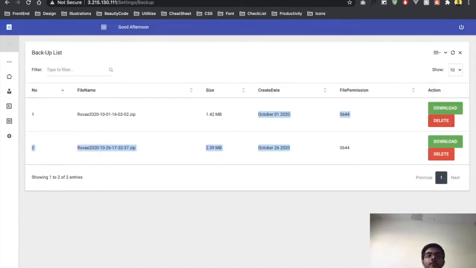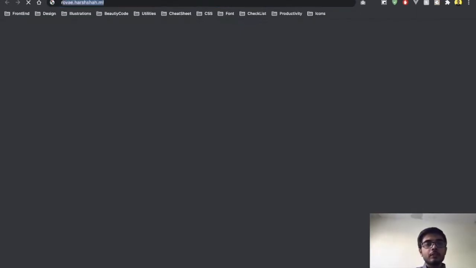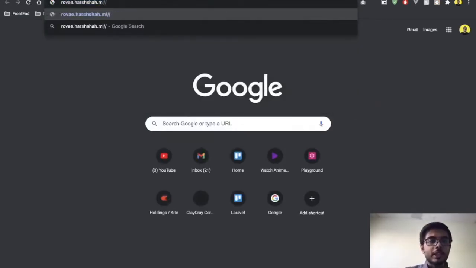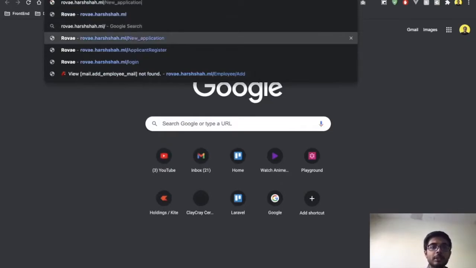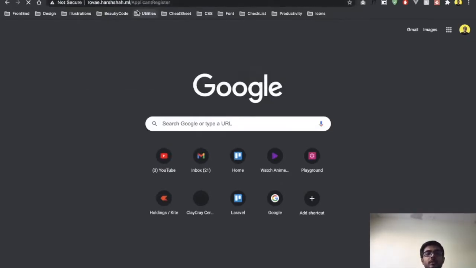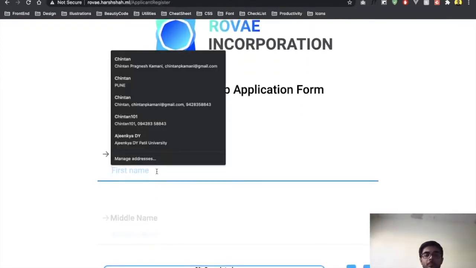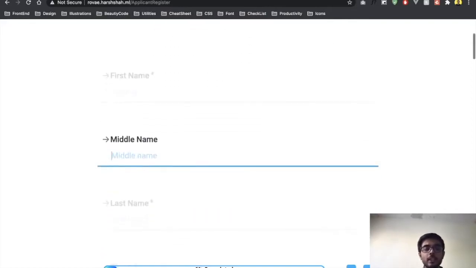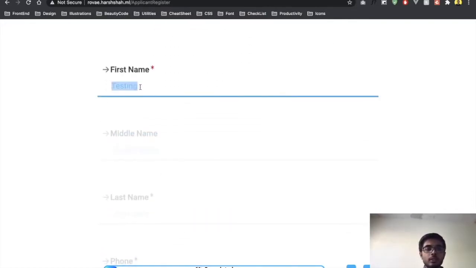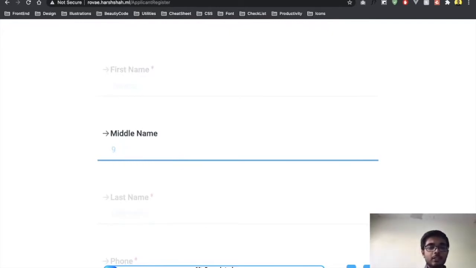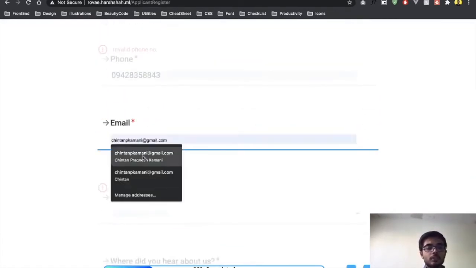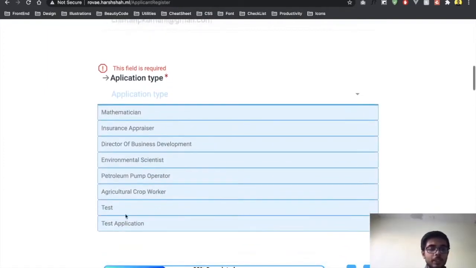It's up to us. So coming to the front end, I have hosted it on my friend's site right now because I don't have a domain currently. But if someone wants to register an applicant, this is the UI that I've created, and basically let's say I'll put a test application quickly, testing. I'll put one more, I'll just quickly make it so that we don't waste more time. So name. If you want to see the application type, as you can see our application type has come here, test and test application.